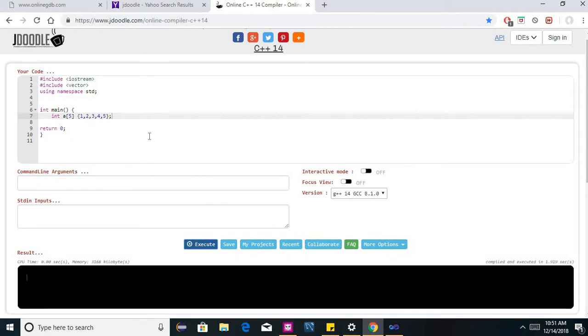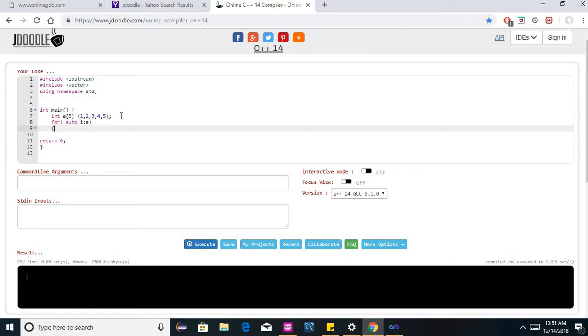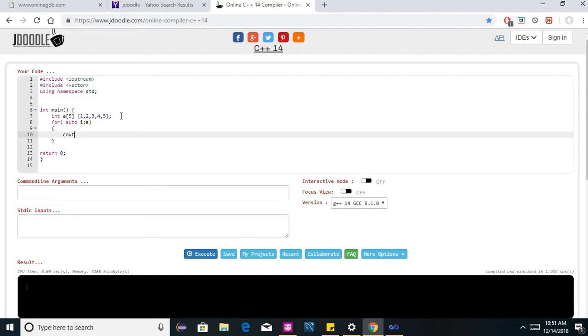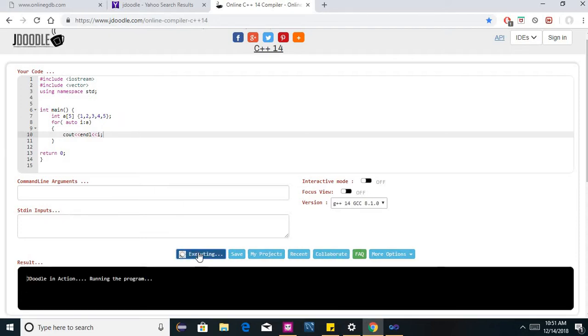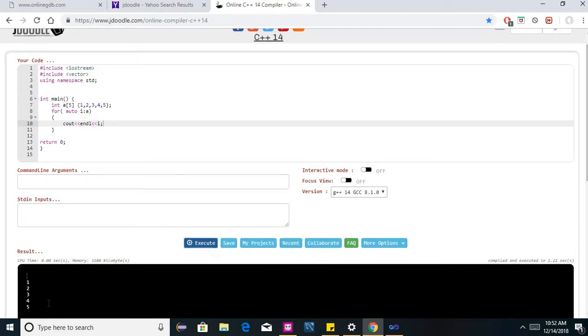Okay, so there is no error, and let's see what happens. For auto, I'm using the new version of for loop here, and let's see if it prints or not. If it prints, then we are sure that yes, it was perfectly initialized. So here you go. You can see that 1, 2, 3, 4, 5, everything has been printed here. So it's fine. But can we do the same thing in